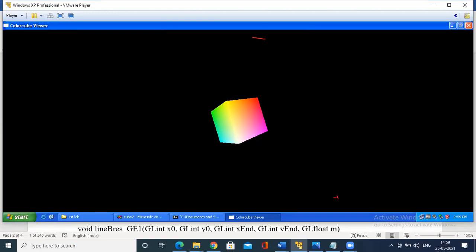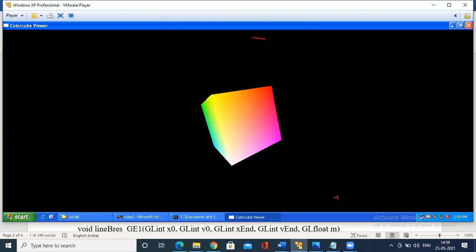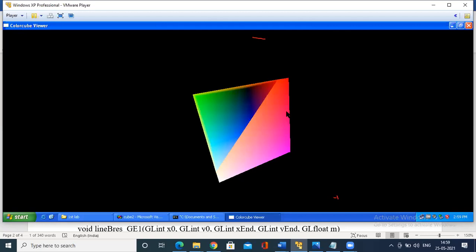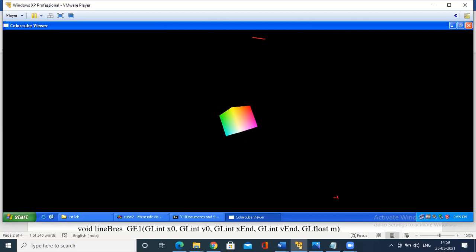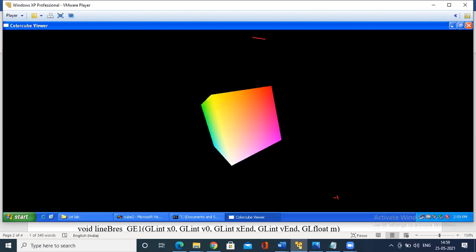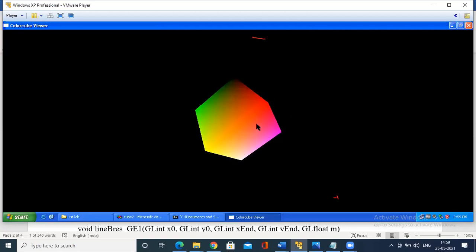Again Z, small letter z, then again capital Z, and it goes on. So this is the concept of viewing. Again you can switch over to the mouse button. See, when you single click the mouse, it will go on rotating with the concept of viewing.